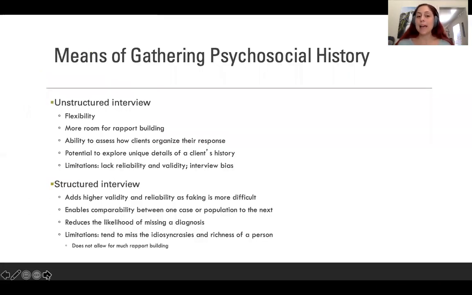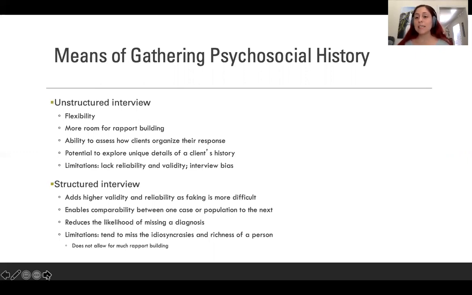Okay, so how do we gather a psychosocial history? I've already mentioned that open-ended questions are best, but even within open-ended questions, there are structured and unstructured interviews. So the unstructured interview is a lot more free-flowing and allows you to do some of what I was talking about regarding letting the client flow and go where they want to go with the assessment, with you just leading where appropriate and adding or asking elaborating questions. That would be unstructured. So you have a list of things you want to get to, but how you get to them and when you get to them is a bit more free-flowing.